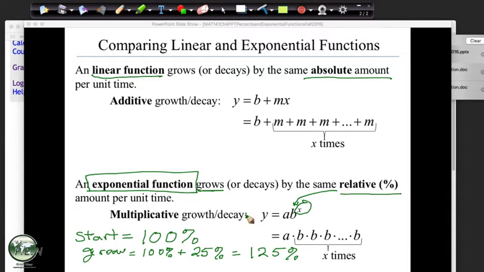Okay. If we're losing things, we're decaying or decreasing. Decay sounds kind of like a smelly process or something, you know. Things decay. We still start with the 100%, but what do we do if we're losing 25%? We subtract it, right? But we're subtracting a percentage, and so the mathematics is, what we focus on is really we're getting back 75%. We're losing 25%, we're getting back 75%. Okay? So that's how we can really spot an increase or a decrease.